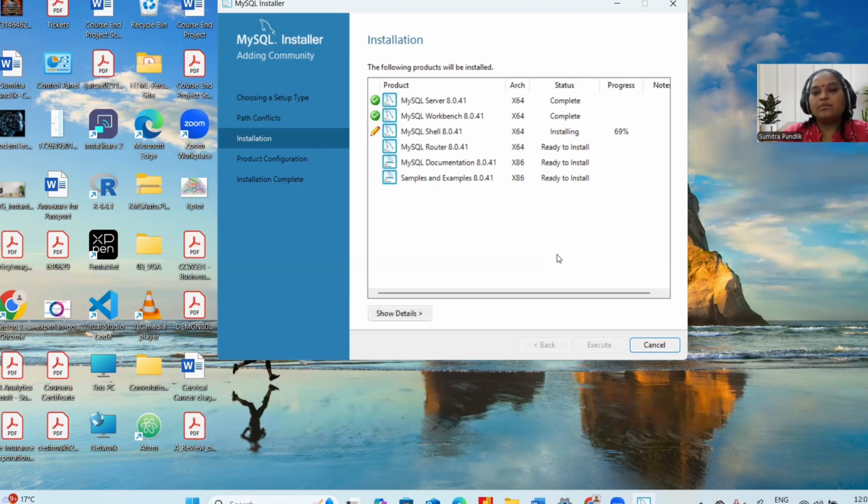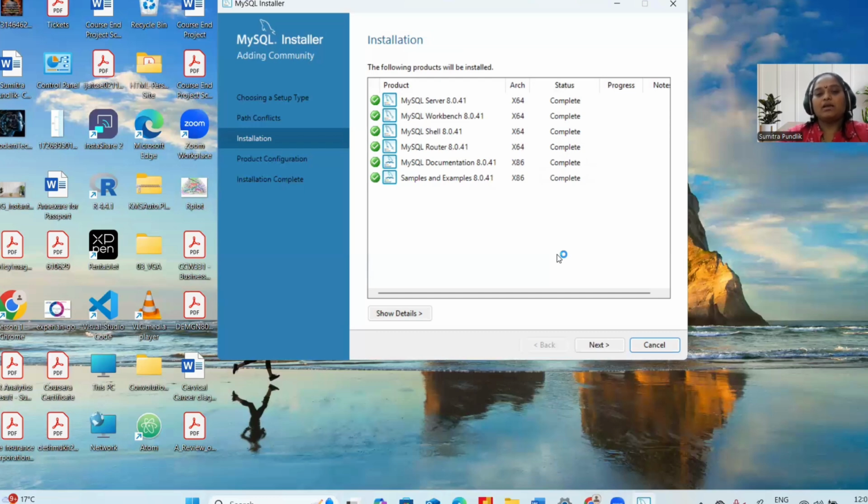It will take some time for installation because you are installing the complete package of MySQL. It is installing server, client, everything. That's why it will take some time.